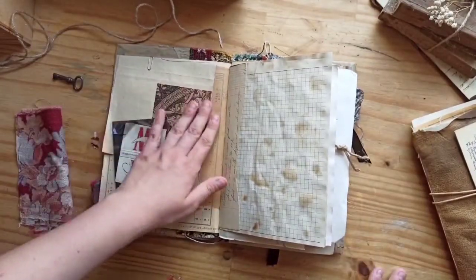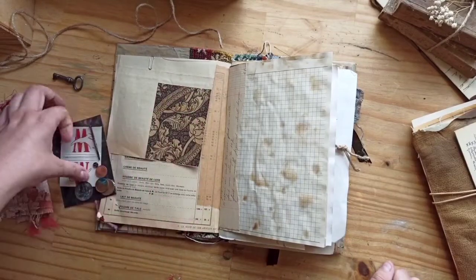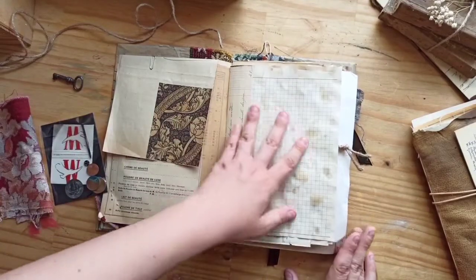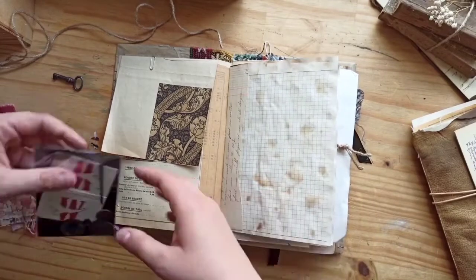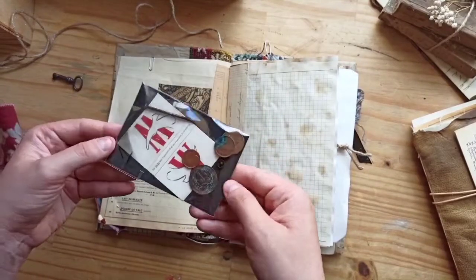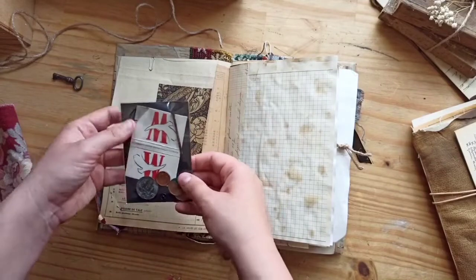This is the back of the French ephemera, and I just added some wallpaper from the Graphics Fairy. Again, using a lot of grungy papers and collaged them together. This is some coffee dyed paper, some ledger cutouts. And then I just added this little bundle of, this is a little pouch with some of his belongings,